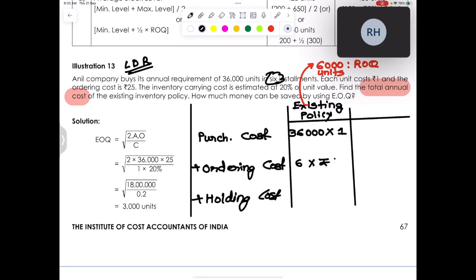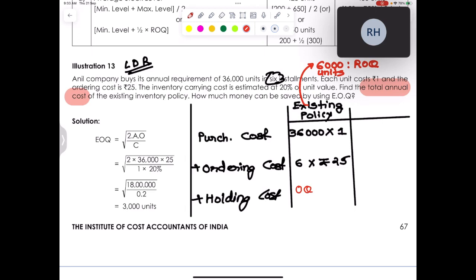Each order will incur 25 rupee of ordering cost. Now this is very, very important. Please listen very carefully. This is very important, my dear student. Whenever we calculate the annual holding cost, the formula will be order quantity